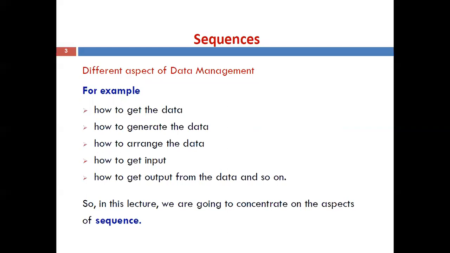Before starting with the actual sequences, you have to know what data management is and what its various aspects are.